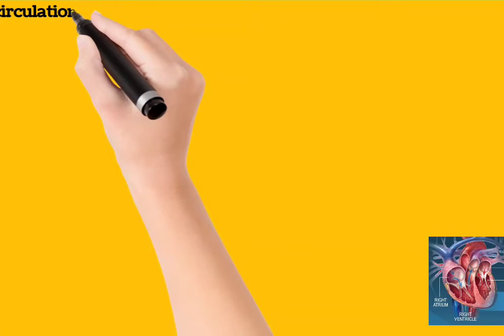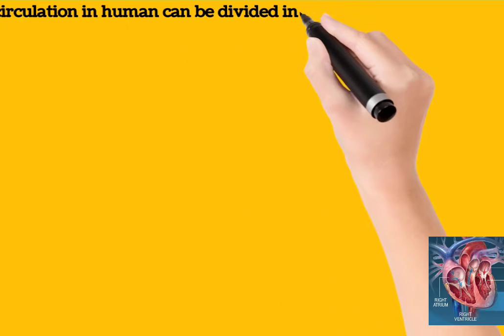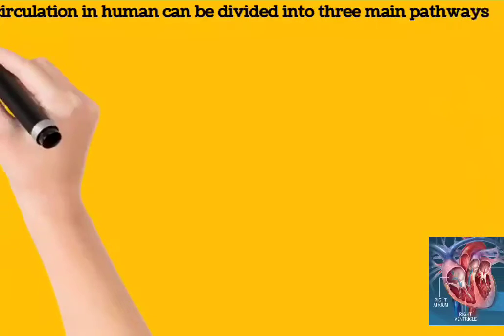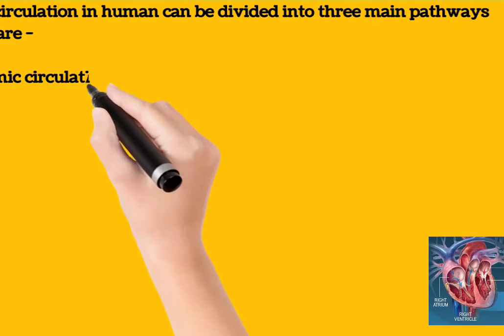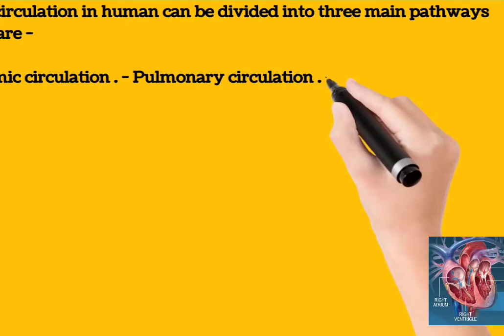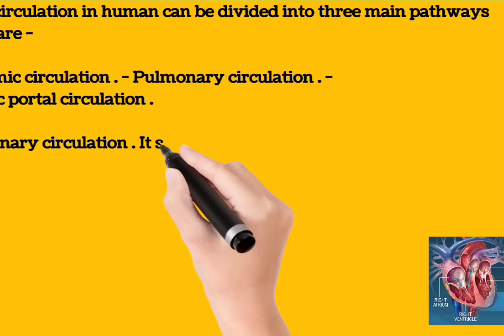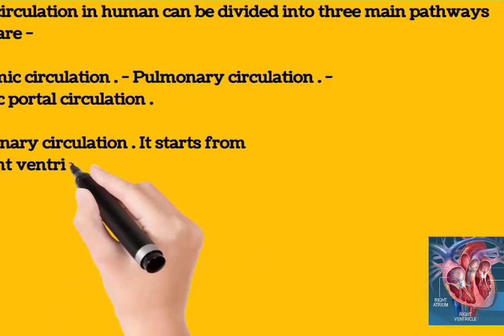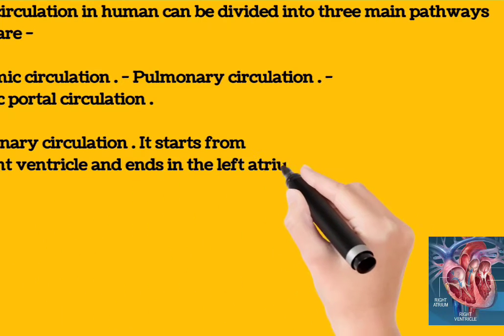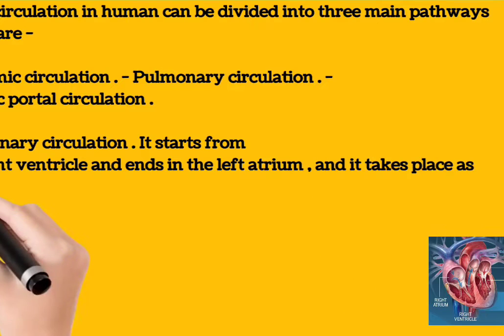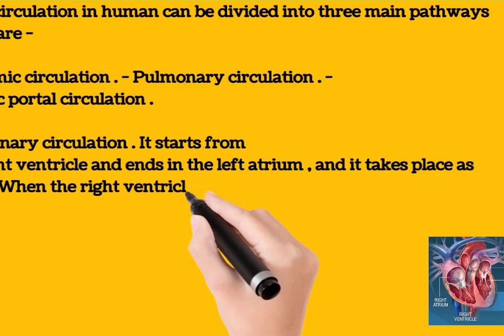Blood circulation. Blood circulation in humans can be divided into three main pathways, which are systemic circulation, pulmonary circulation, and hepatic portal circulation. Pulmonary circulation. It starts from the right ventricle and ends in the left atrium, and it takes place